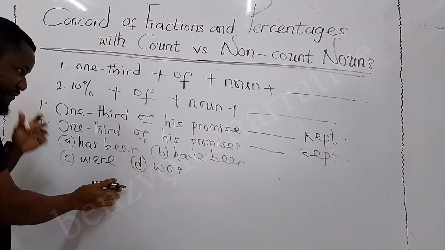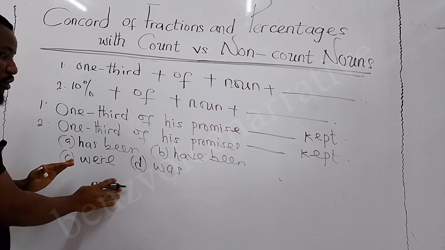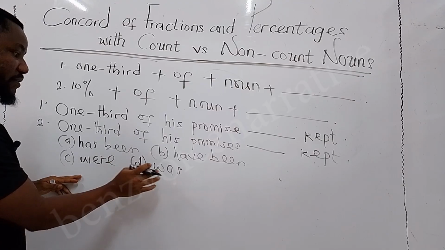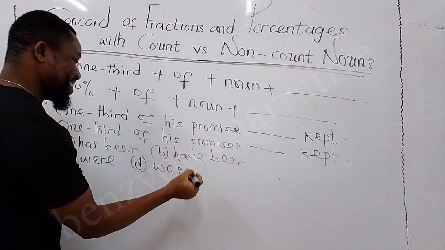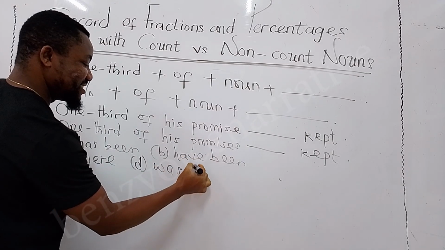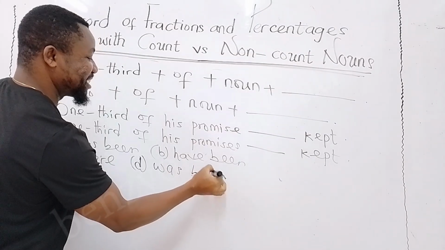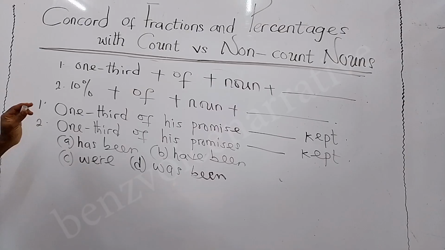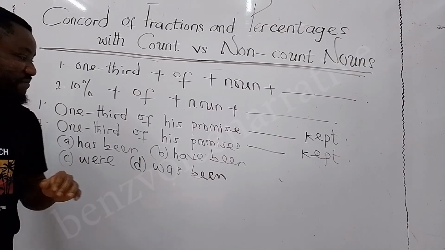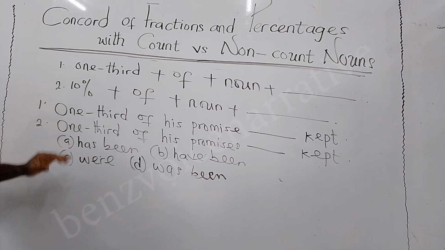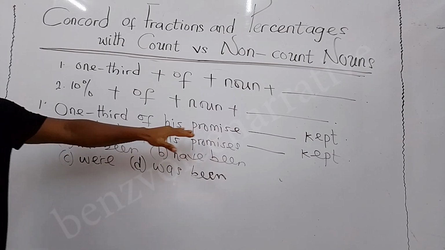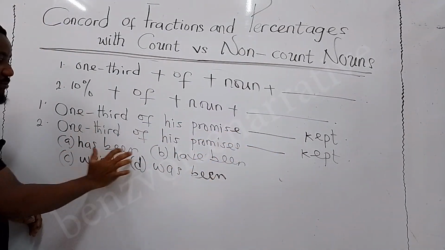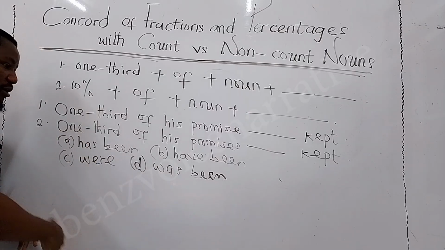I don't want to give very confusing options for question one. Let's put it this way, just to nullify one of the options automatically. I know what I'm doing. Sorry. So for the first example, 1/3 of his promise dash kept, you have these options: have been, were,